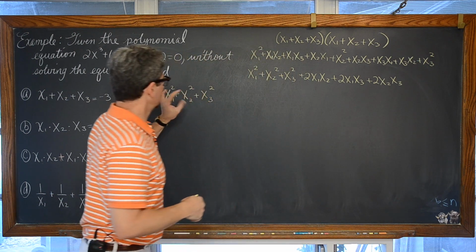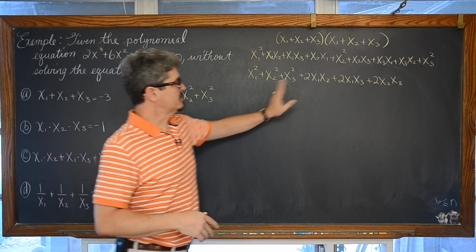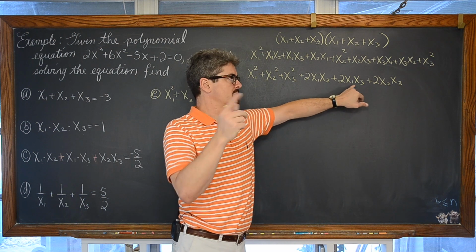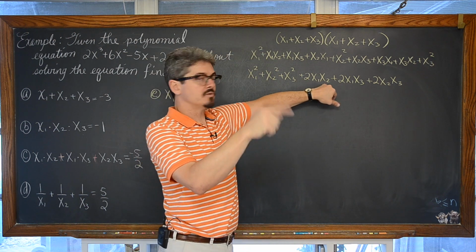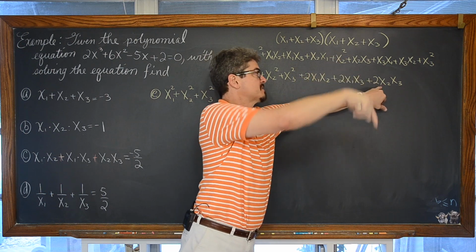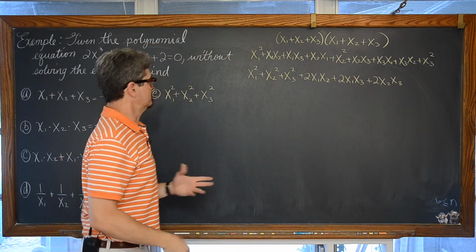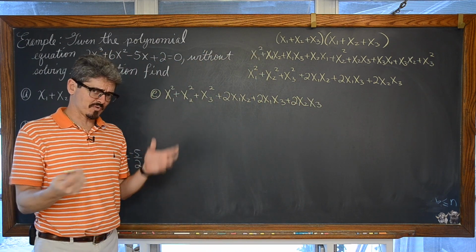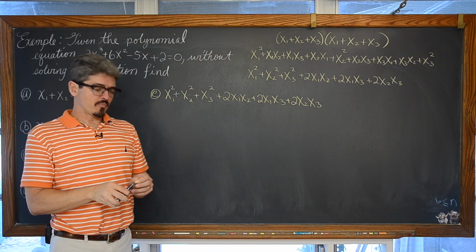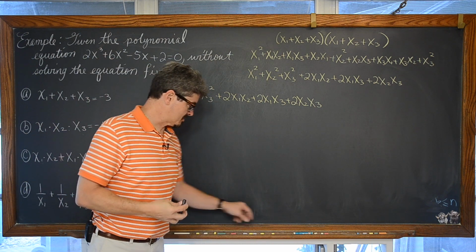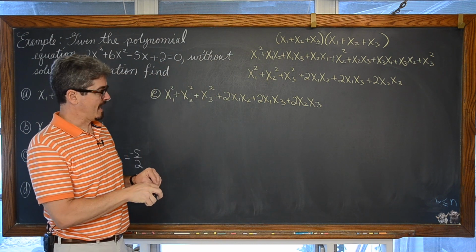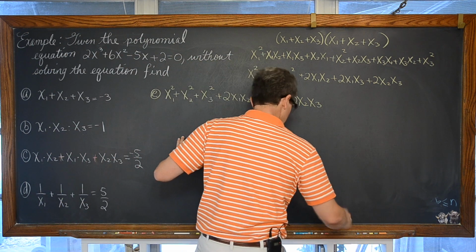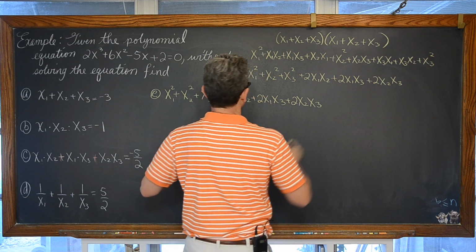So I need to, with this expression, bring in the additional terms of 2 times x sub 1 x sub 2 plus 2 times x sub 1 x sub 3 plus 2 times x sub 2 x sub 3. I just need to add those in. But I can't just change the value of this expression to suit my needs. Whatever operation I do to it needs to just simply change the way it looks. So if I'm going to add in these three terms, I need to subtract out those three terms. And maybe we'll do that in a different color.